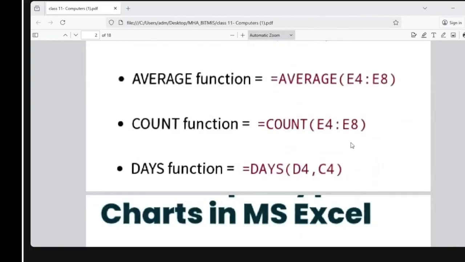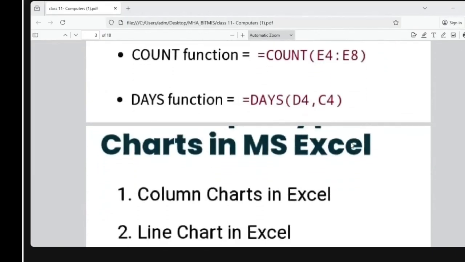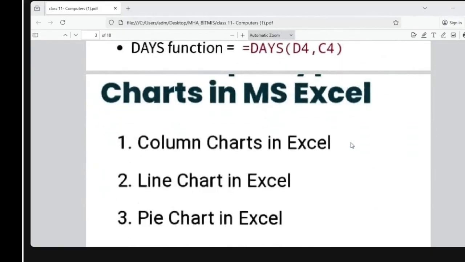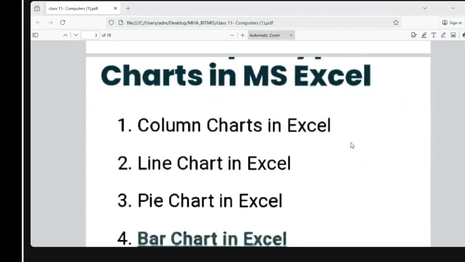So these are the predefined functions which will provide calculations on the different numerical data. Since 1990, MS Excel was there, and every version has some important features. Next, the updated versions came, and every version of MS Excel is updated with very important features, and this process is still going on. Charts also.